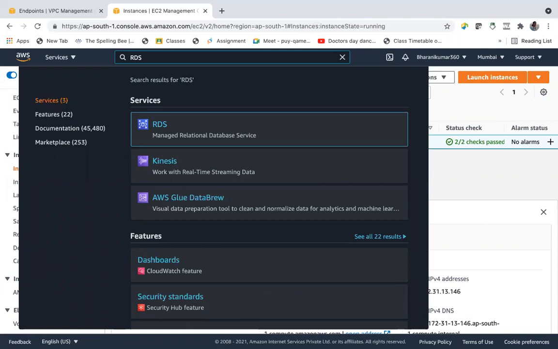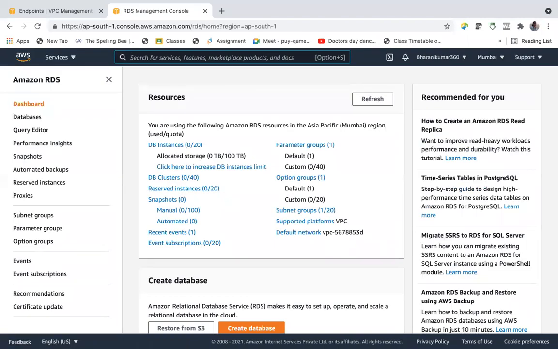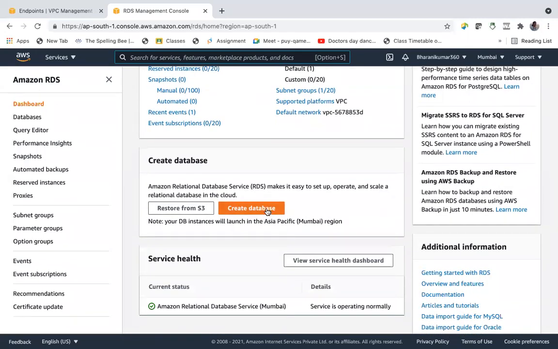And these RDS are AWS managed Relational Database Services. That means PaaS, Platform as a Service. Right? If you want your own database, yes, you can have it in your EC2 instance. Rather than that, we have RDS databases, as well as NoSQL databases. DynamoDB is a NoSQL database. And this is the place where you can create your RDS service or RDS instance. AWS calls everything an instance, RDS instances. And create a database.